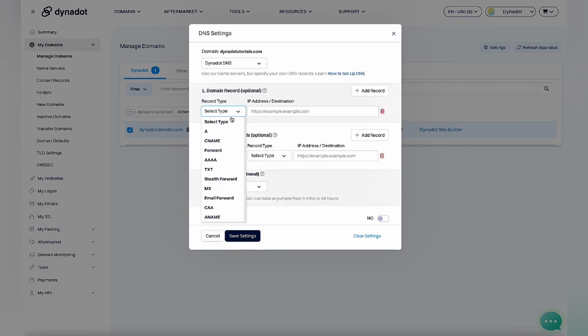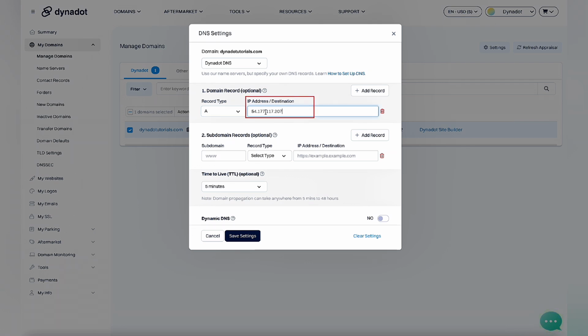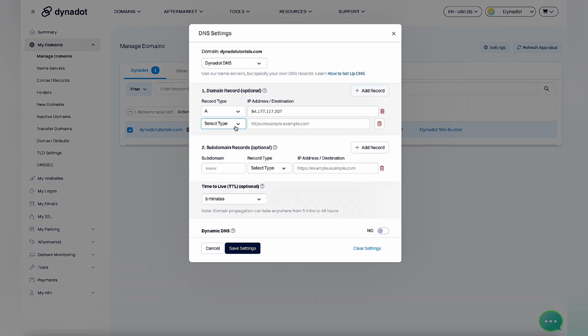In the Domain Record section, select A from the drop-down. Enter 54.177.117.207 in the IP address box. Then add another record, and enter 16.162.17.243. Scroll down to Subdomain Records, type www as the subdomain, choose A, and enter